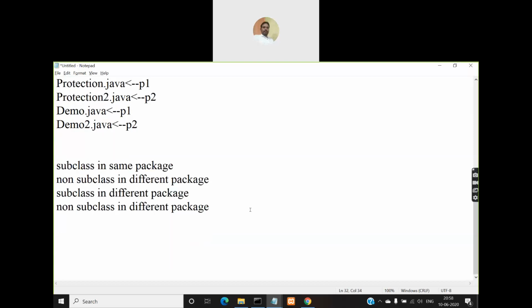Okay, so these are the four combinations we have discussed during access specifiers.